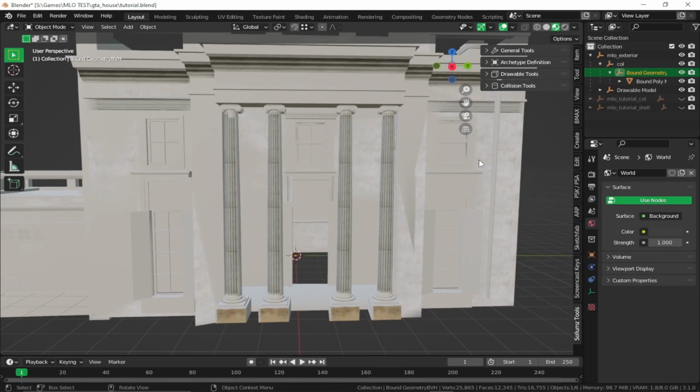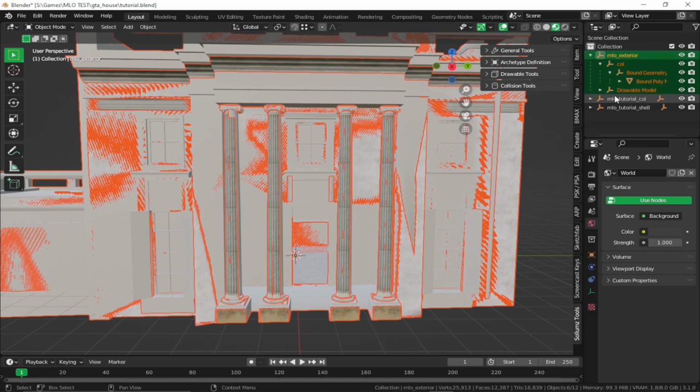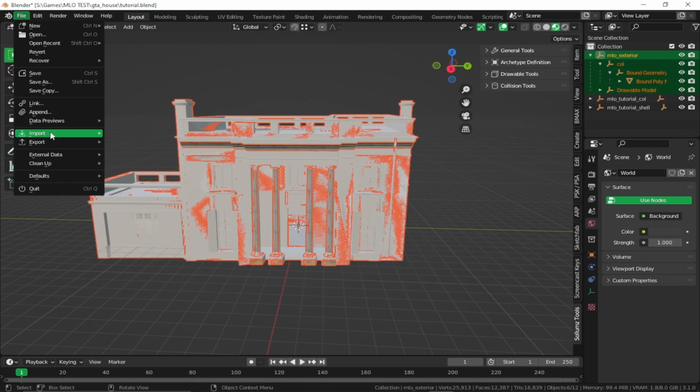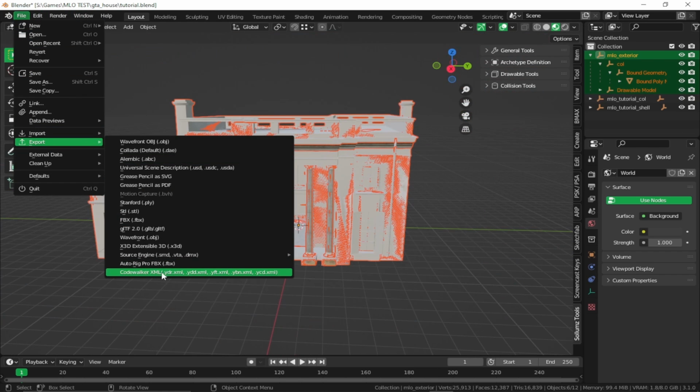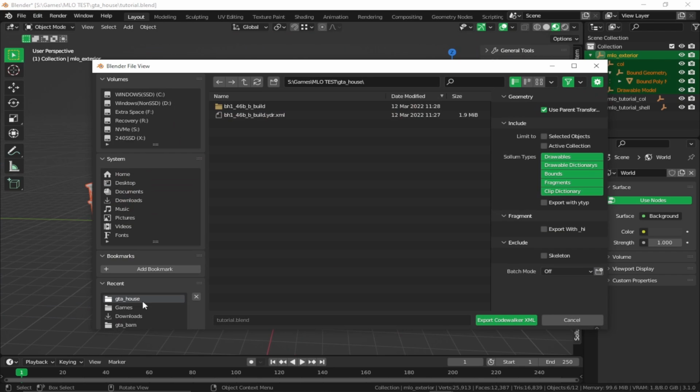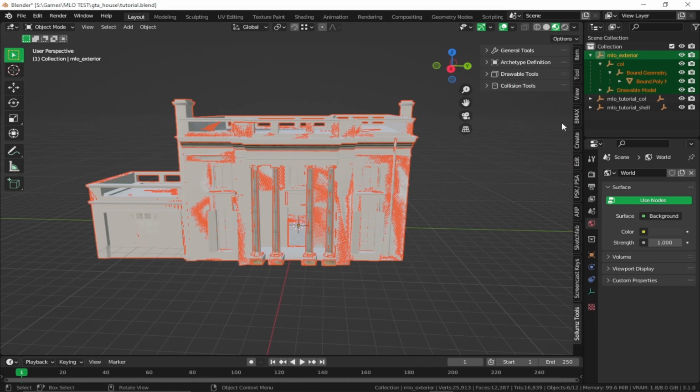Now what we can do is just export our exterior only. Let me just select the hierarchy, export, CodeWalker XML. I'm just gonna go to our MLO tutorial shell folder, uncheck the use parent transform and click on the selected objects and select the export with YTYP. It's gonna take a moment since the collision was duplicated,